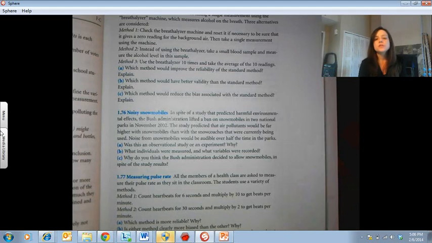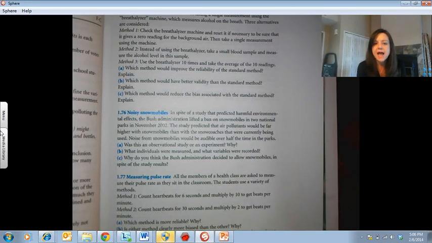So the first question is going to be very similar to one of the short response questions on the test. Was this an observational study or an experiment, and why? And I hope you guys realize this was an observational study. The reason is that no change or treatment was enacted to see the response. They didn't try out snowmobiles to see if there would be a response. They just did a study about it. So the answer to question A is definitely going to be